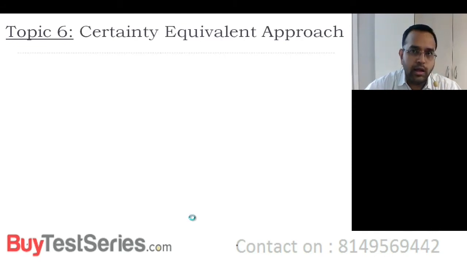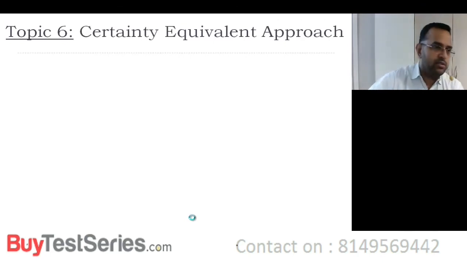We also talked about a risk-free rate, risk premium, and risk adjusted discount rate. We said RF plus RP equal to RADR. Otherwise said, 1 plus risk adjusted discount rate is equivalent to 1 plus RF into 1 plus RP. We said if cash flows are risky, use the risky discount rate. RADR must be used. If cash flows are risk free, then RF must be used as a discount rate. Now comes a question. In any project, if you have cash flows for the next 5 years, are they risky cash flows or risk free cash flows? They are risky cash flows. Cash flows are all risky every year.